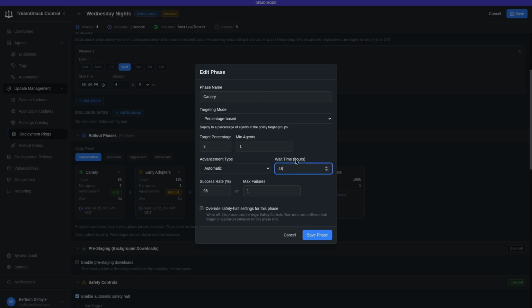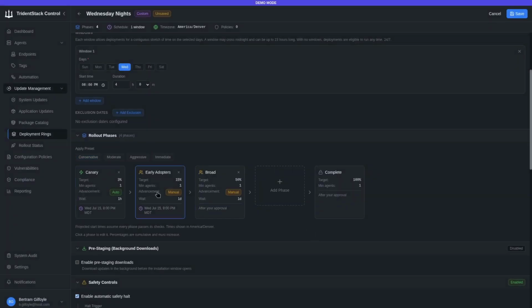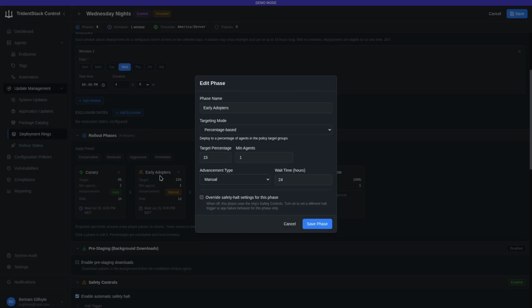Configure your canary for a wait time of maybe 1 hour, right? And 2 failures with a low success rate, like probably 70%, considering how few assets are going to be in this group right here. What this will do is it will only take the first hour of the deployment and only deploy to a fairly minimal number of hosts before it proceeds to policy number 2. Policy number 2 is going to get us up to 15% of target agents deployed. So we're going to do a wait time of 4 hours, which is the duration of the maintenance window,